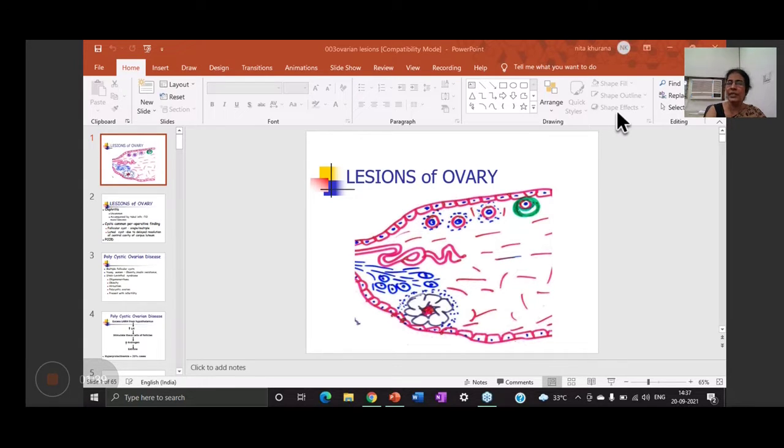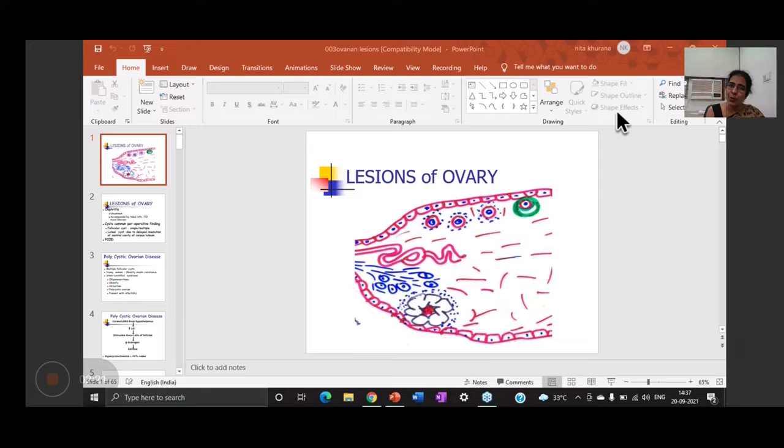Fine. So going on to what are the lesions of the ovary. As we have discussed in the endometrium, there could be inflammations of the endometrium, which are called endometritis, inflammation of the cervix, which would be cervicitis. Similarly, when you have inflammation extending into the ovary, we call it oophoritis. Now, ovarian inflammations are very uncommon, as you would know that the ovary is embedded deep into the pelvis, lying on both sides of the uterus. So the way the infection can reach the ovary would usually be accompanied by a tubal infection. So there will be salpingitis and there will be oophoritis. Generally they occur together, when we call it salpingo-oophoritis.